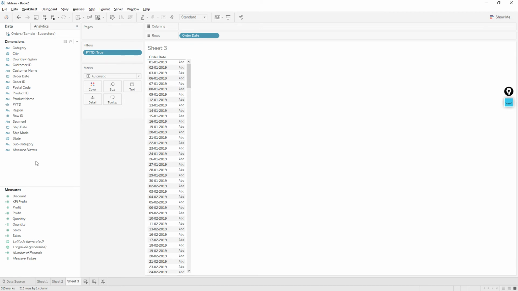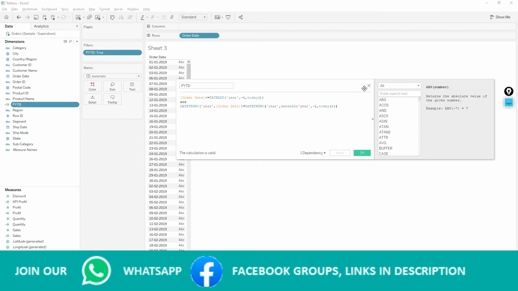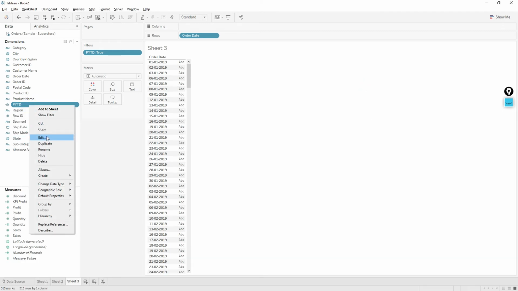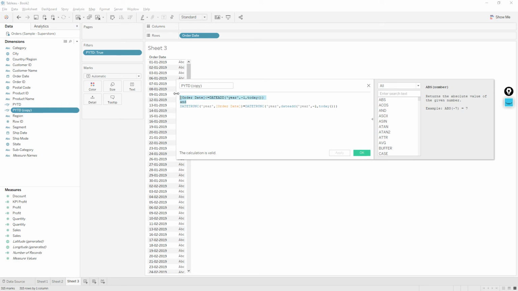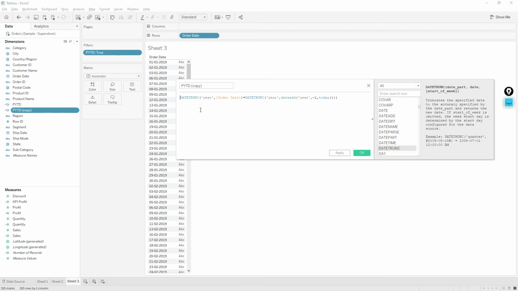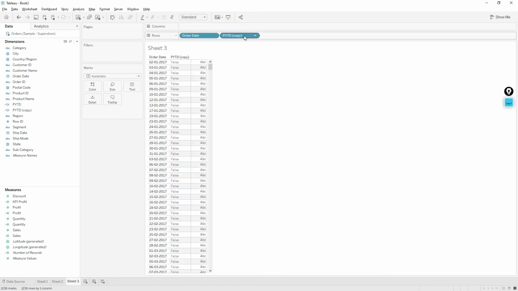If you want more explanation on this calculation, you can just duplicate it and see how it works. Now let me right click and edit, copy, and let me drag this copied field here.